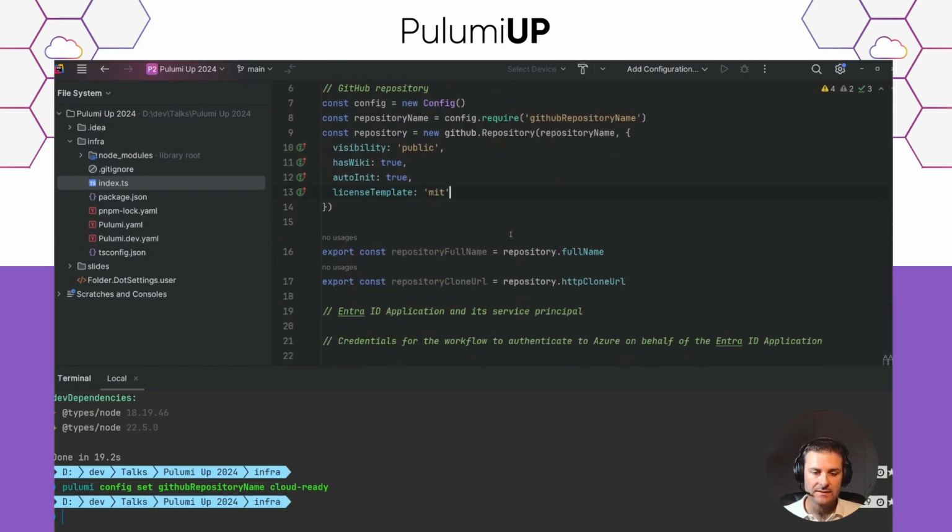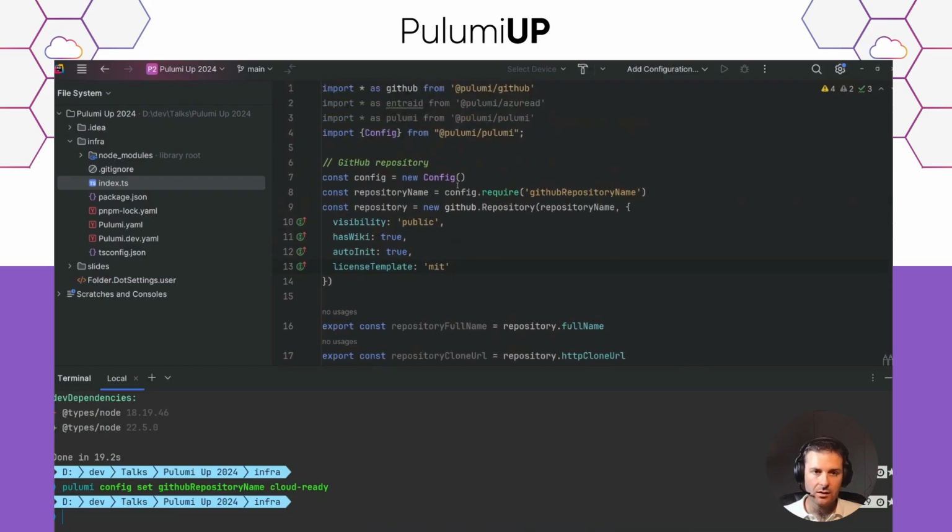Now we can test that, but to be able to deploy some resources on GitHub, to create the GitHub repository, we'll need a token.